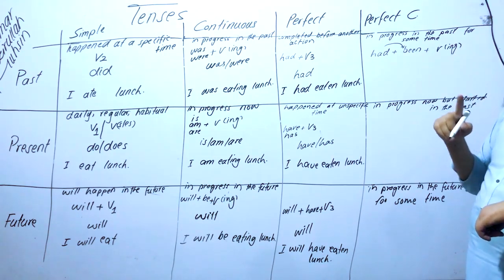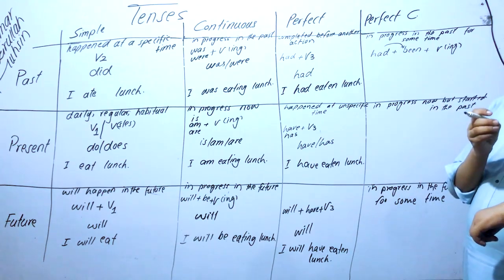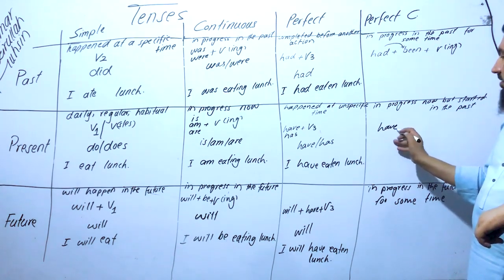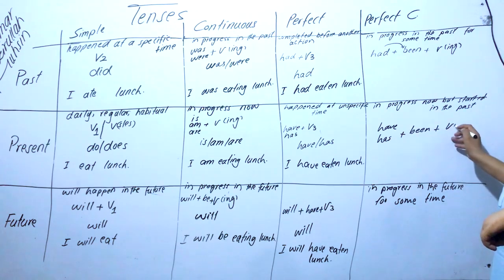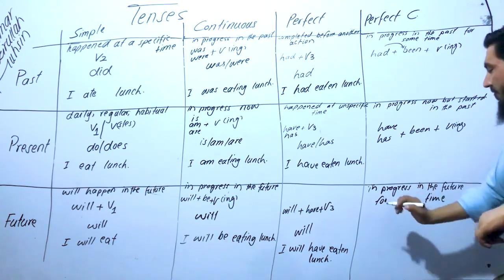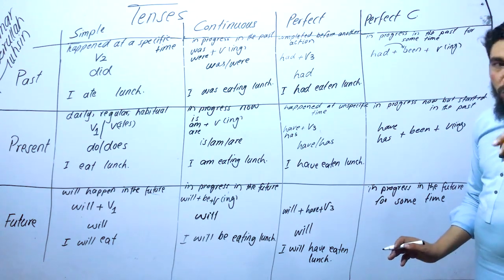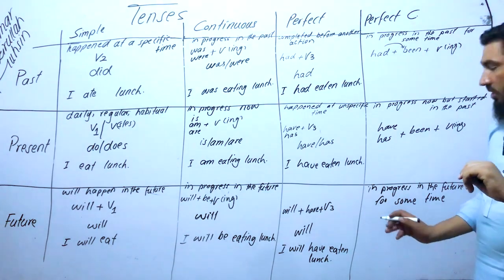In past perfect continuous and in present perfect continuous we use the perfective auxiliary for the present time, which are have and has. Then been plus verb ing. In future perfect continuous, we must use 3 helping verbs. One for the future, another for perfect, and the third one for continuous. So will,